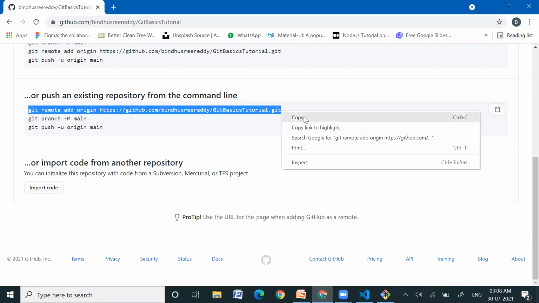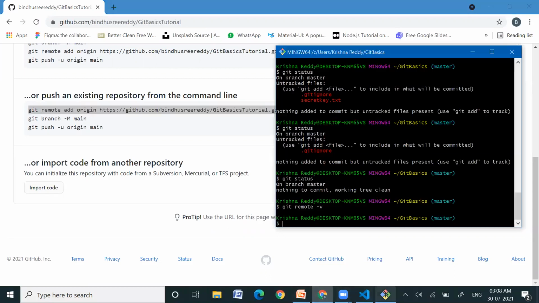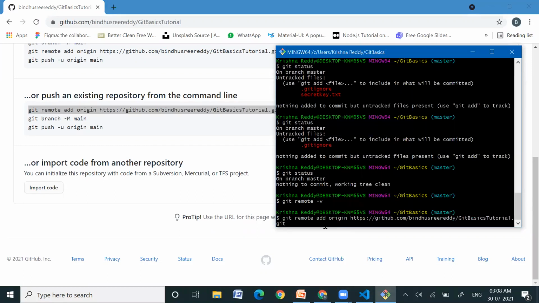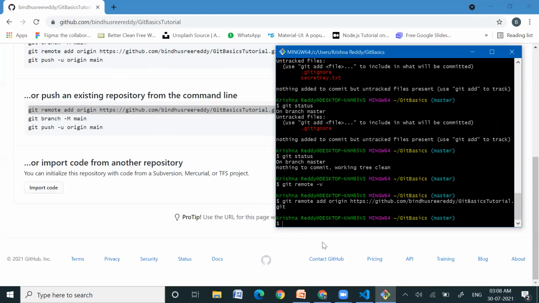First we need to mention git remote add origin, because we are adding this remote repository for the first time. We use git remote along with the link of our repository. Afterwards we use git branch -m main.